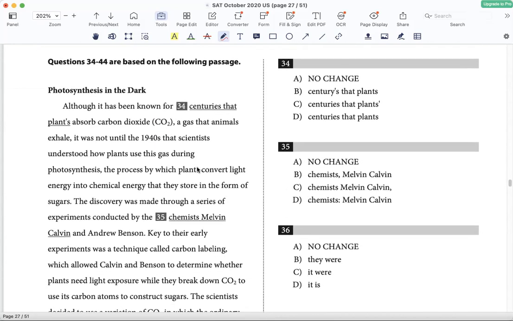Passage 4, photosynthesis in the dark. Although it has been known for centuries that plants absorb carbon dioxide, a gas that animals exhale, that plants absorb, right? So this is wrong because I don't need a possessive here. So it's just D, right? Although it has been known for centuries that plants absorb CO2, it was not until the 1940s that scientists understood how plants use this gas during photosynthesis, the process by which plants convert light energy into chemical energy that they store in the form of